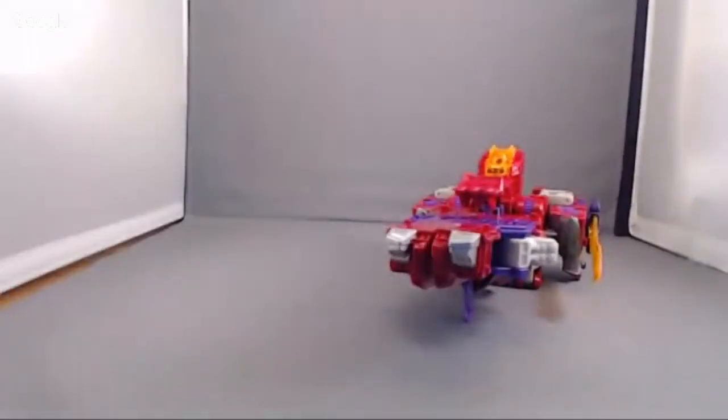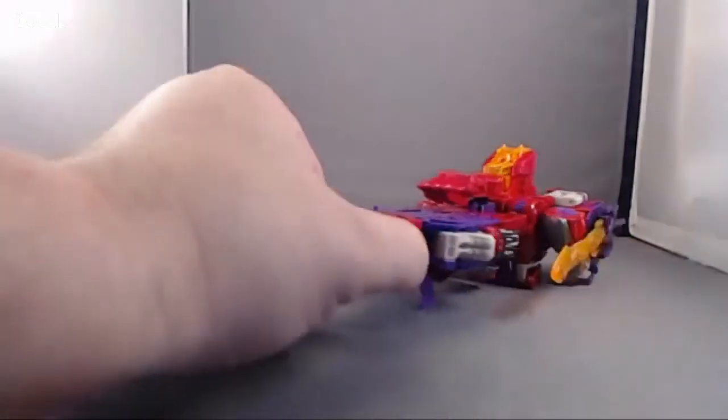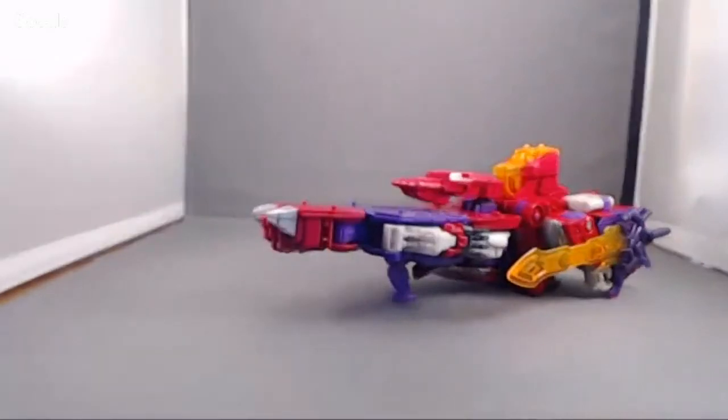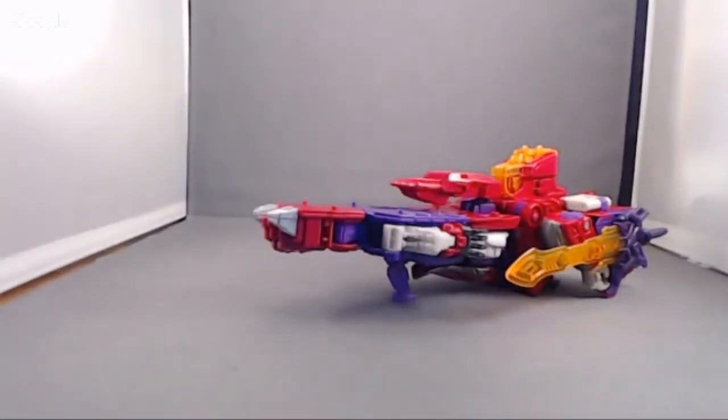I would not want to display this as the ship. I would not want to display this as the Unilion. So really, robot mode is going to be it. I'm going to have to put it back in robot mode and put it on the shelf and just leave it at that. At least with Astro Train and Sentinel Prime, which use that same look,